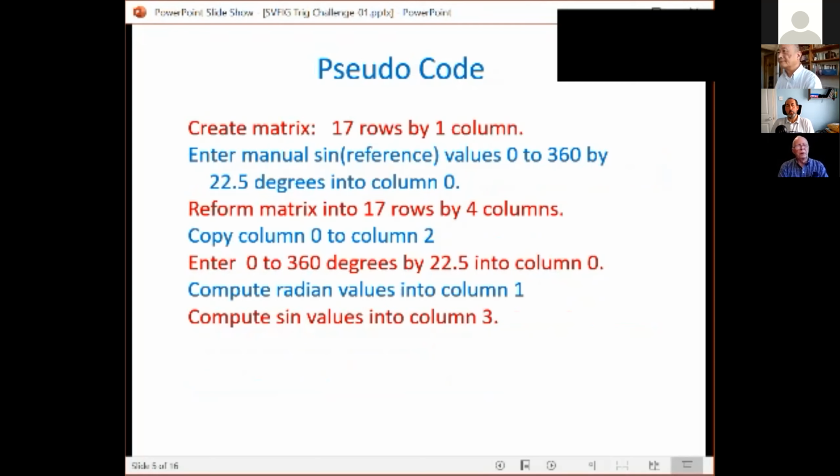Then I reformed the matrix and added 3 more columns. So now it's 17 by 4. Then I copied the column 0 to column 2, which is our reference. So the reference values are now in column 2. Then calculated the degree values by multiplying by 22.5 into column 0. From that degree values, I computed the radian values into column 1, and then finally computed the sine values into